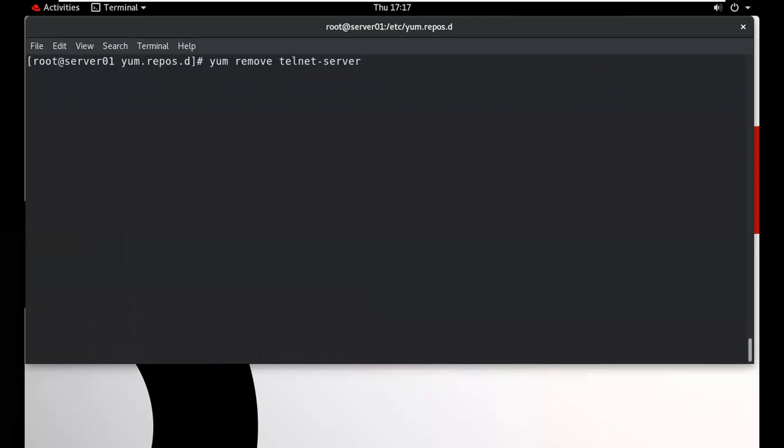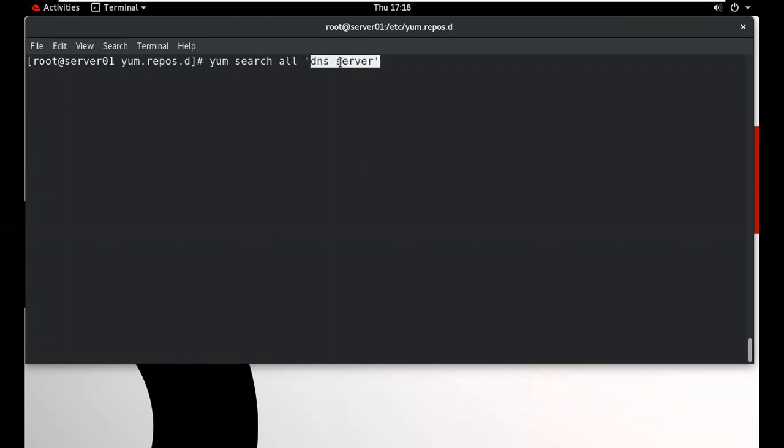Suppose you know about DNS. What is DNS? Yeah, I remember, but I forget the meaning of DNS. Okay. And I want to find the package name of the DNS. Suppose I forget the name of the package for the DNS server. I forget. So how will I search? We can use the search command. And when we type DNS, it will find all the packages related to DNS server.